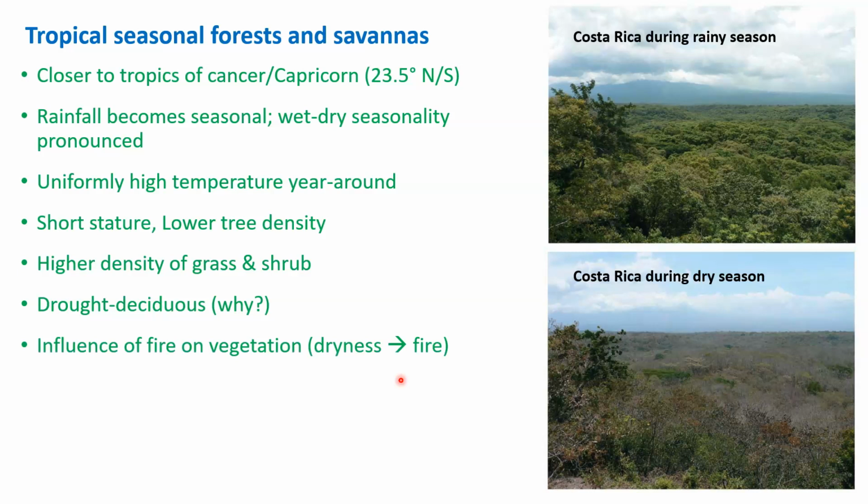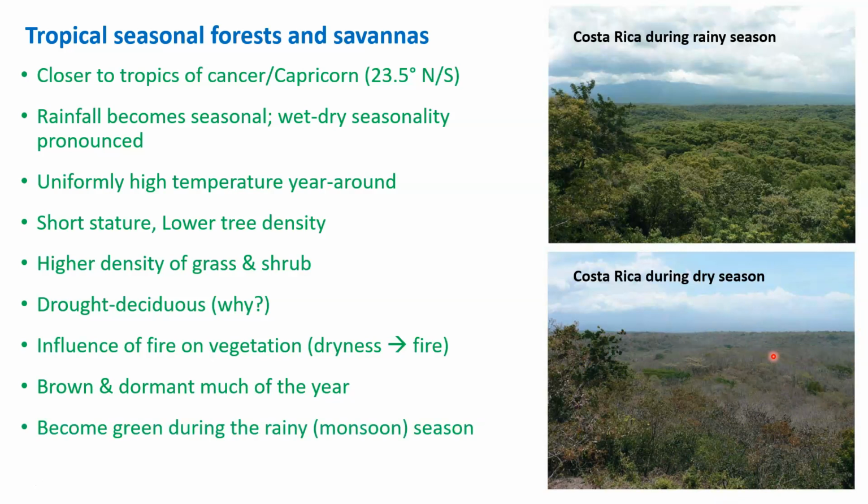Because of this rainfall seasonality, plus the deciduousness, it contributes to fire, right? So with extreme dry conditions, the more extreme and more prolonged the drought conditions are, the greater the chance for fire. And by the way, that's not unnatural, that is fairly natural. In fact, these ecosystems are heavily dependent on fire, right? So these forests and savannas can remain dry for most of the year, right? And during the monsoon period, with the onset of the rainfall, the same landscape can completely become something like that.